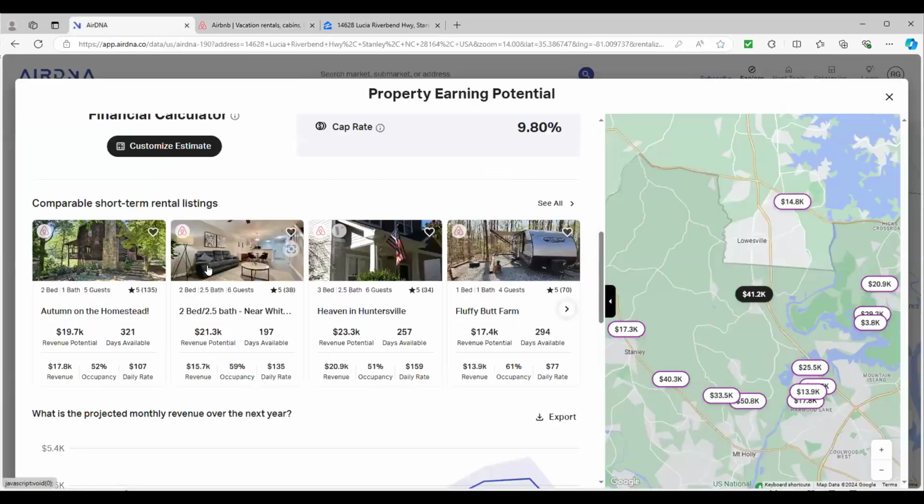So let's look at this first two bedroom here. One of the key things you want to look at that's provided. This shows me that this listing's been out there. It's a 5-star review, right? 135 reviews. So this property has quite a bit of history. So if you click on that property,